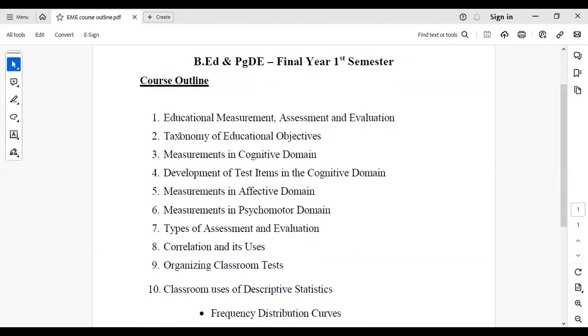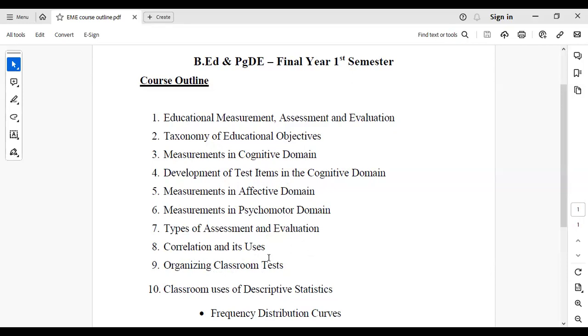First one is educational measurement, assessment and evaluation. Then taxonomy of educational objectives. You know there are 3 taxonomies. And then measurements in cognitive domain. Then how to develop the test items to measure the cognitive domain. So the 5th one is measurements in affective domain. The 6th one, measurements in psychomotor domain, then types of assessment and evaluation, then correlation and its uses, organizing classroom